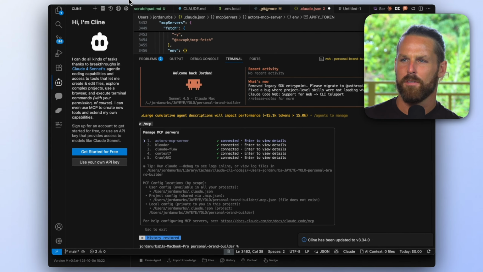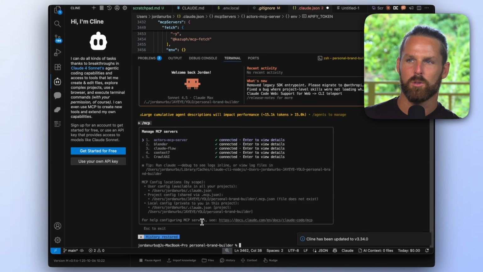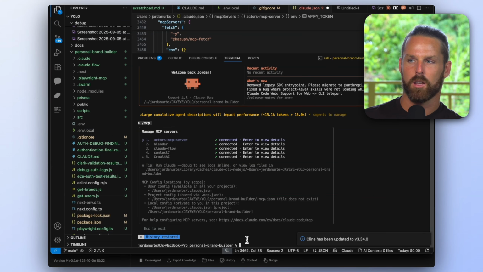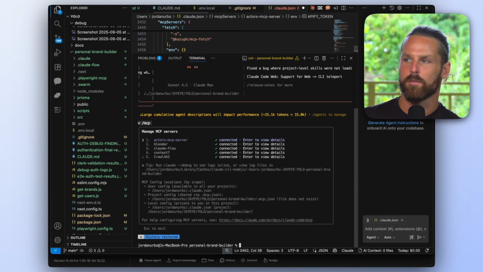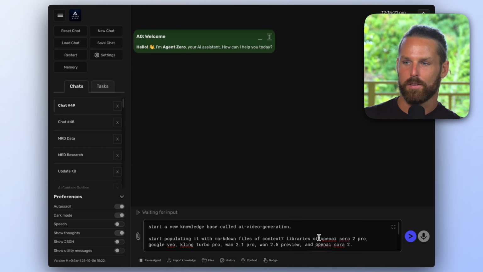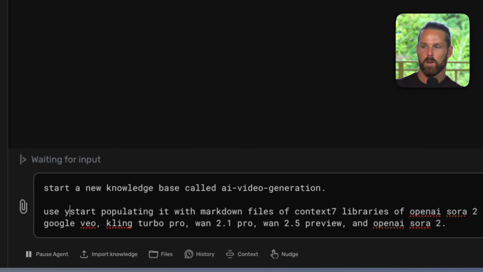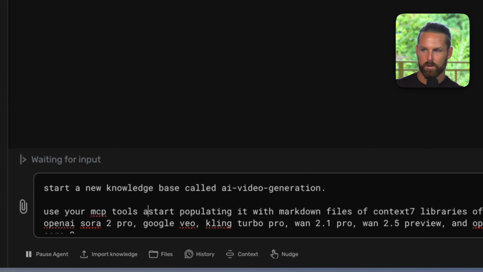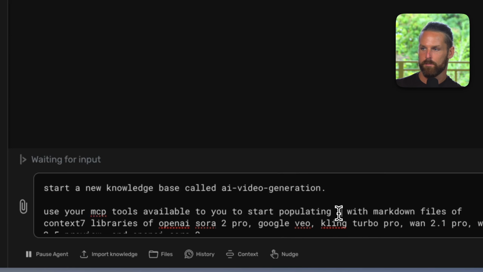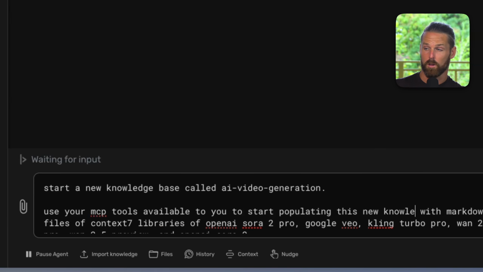Now, if you're using an IDE, you would do the same thing. Just start a new folder and have Claude Code or your cursor agent, whatever it is, tell it to make a new folder called knowledge base. That's it. And then same thing, use your MCP tools available to you to start populating this new knowledge base